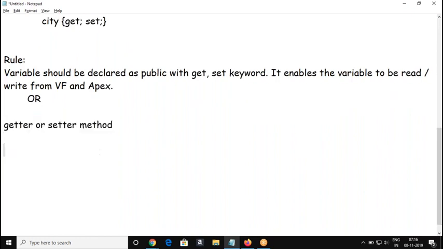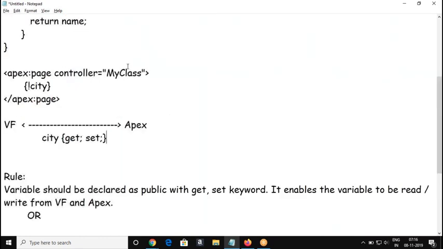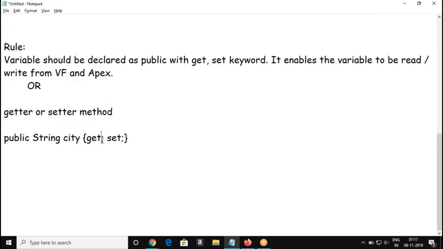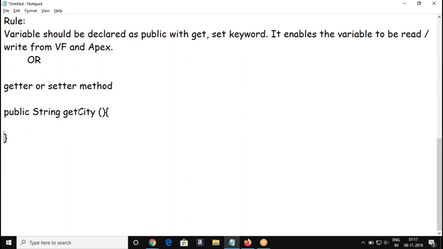See here how I'm going to write it in the form of a method. This can also be expanded as a method. Now this is just declared as a variable. Now we are going to expand this as a method. First, let's see how to write the getter method. In front of the variable name, I'm going to put the keyword get. This is a method. Got me? In front of the variable name, I put the keyword get, and this is a return type. So we should have some return type here, right?